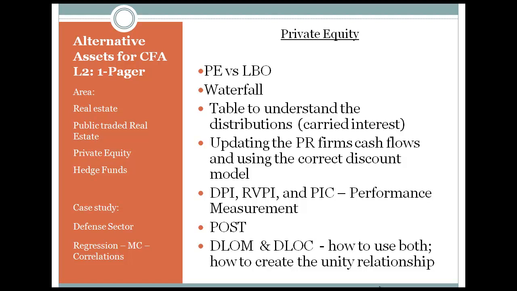Most of the time the exit value is given as a multiple, like EV/EBITDA or some other multiple of equity, or some multiple of the company's initial cost. Once that is done, you have debt, preferred shares, the private equity firm, and management. So you can find out who will get what, the total investment by the private equity firm, and the total payoff, and then you can calculate the internal rate of return as a private equity firm, and what you are going to get in between as well. So that's how you are going to look at it.